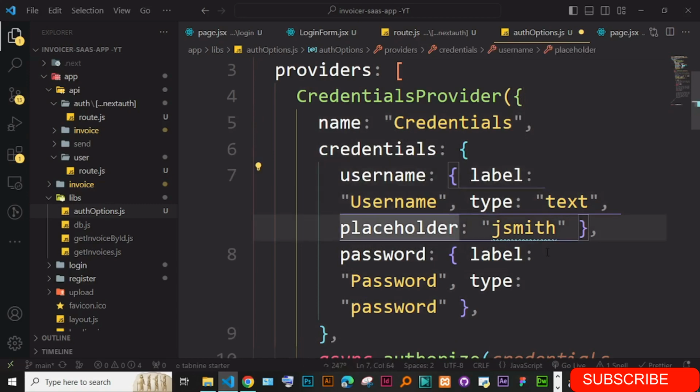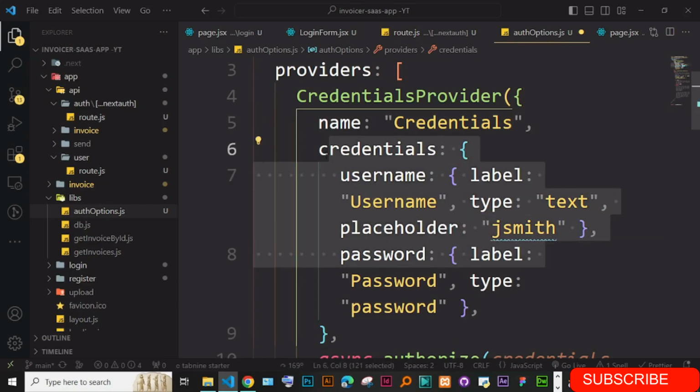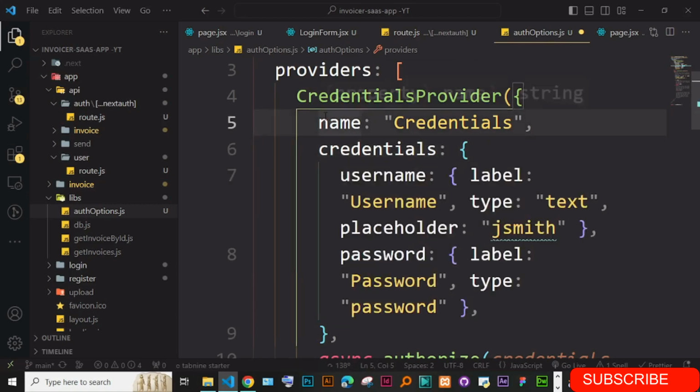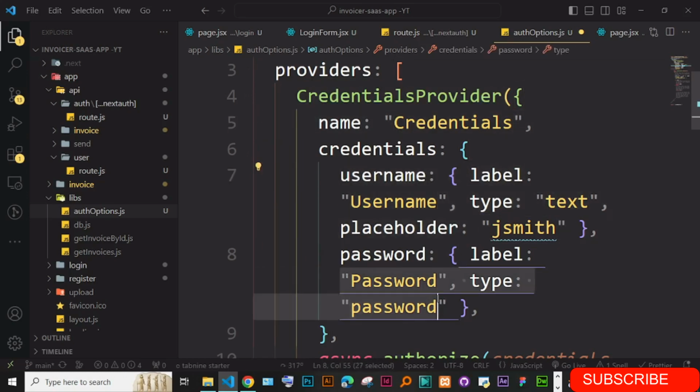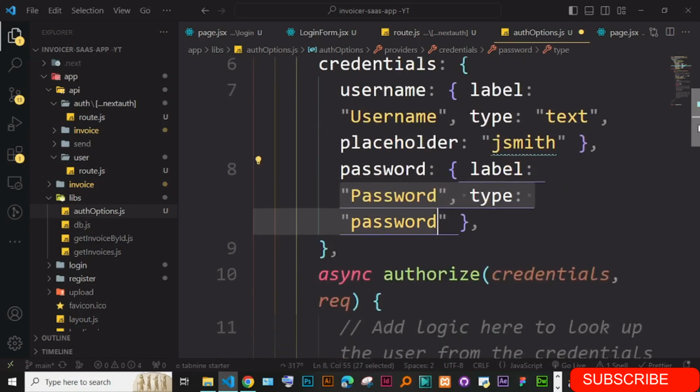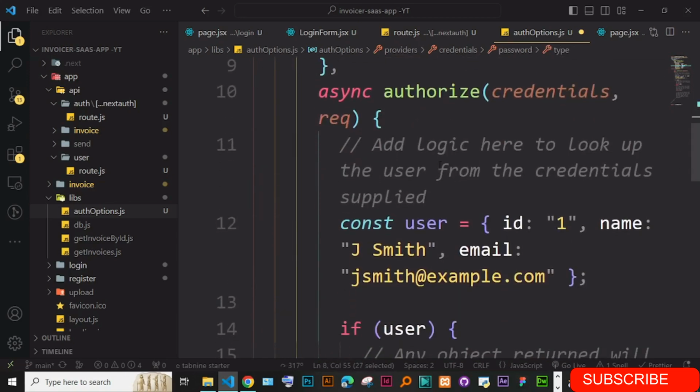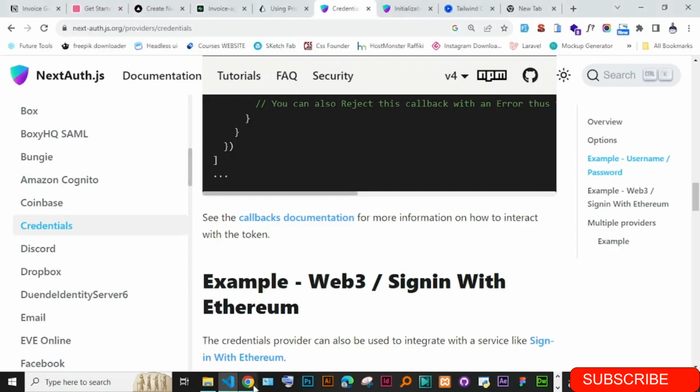By default, this NextAuth creates a login form for you. Remember, we created our own login form, but by default these people create the login form for you. Okay, and you can see the credentials they used here, for instance, is username and the password. And if you want to see where it is, just go to,